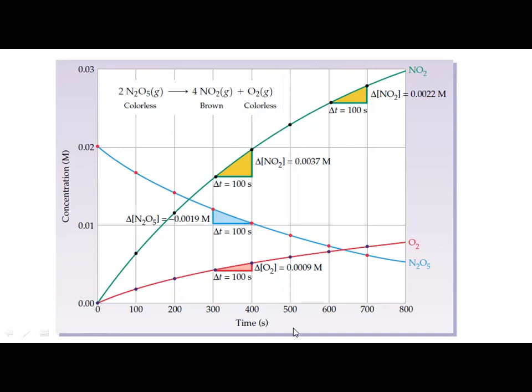So what do you feel is the difference between the lines of these two products? First we can decide what is the similarity between these two lines, the lines for the products NO2 and O2. This is the NO2 and the pink line is for the O2. What is the similarity between these two? Very good, because the concentrations of both products are going to increase. This is the similarity. Now, what is the difference between these two?